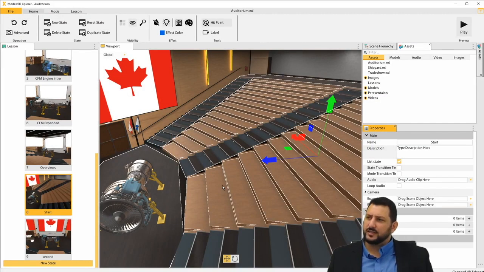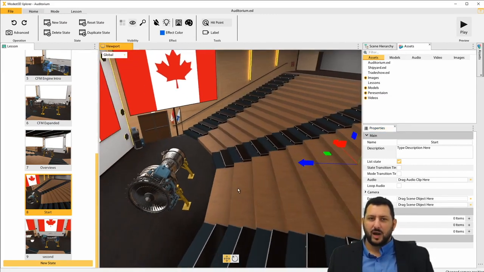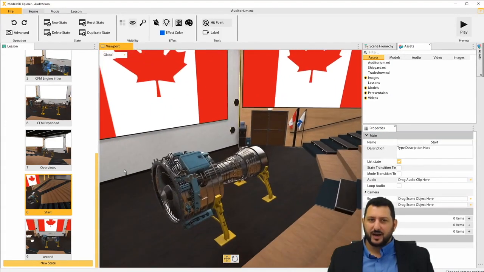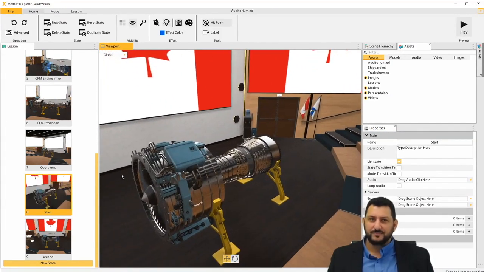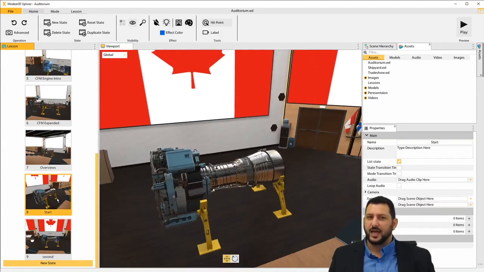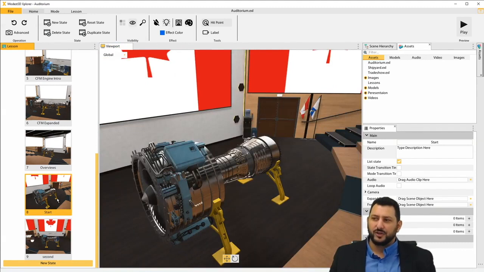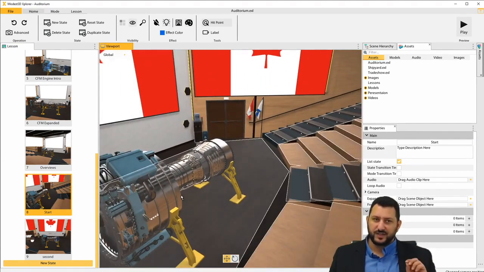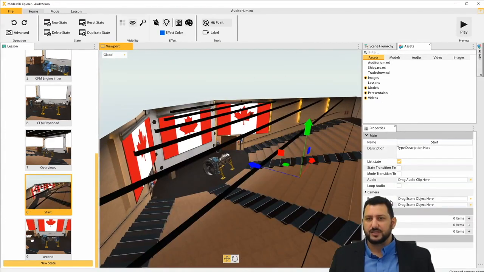So to create this presentation from VR to PC, what I would do right now is, on PC, I would simply just point the camera in the right direction. And that's as simple as that. Now when I switch from side to side, that would be the default position of the camera. So we're good there. Now, to create a VR presentation of the same exact environment, simply toggle the VR button